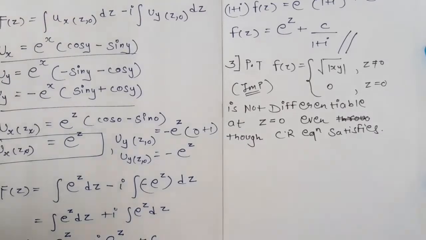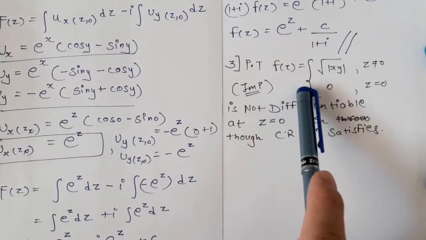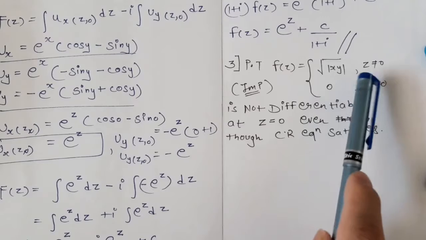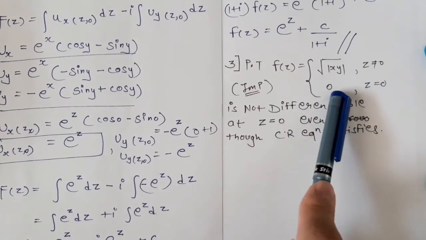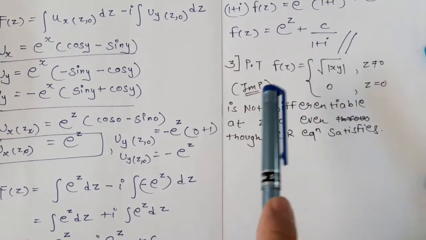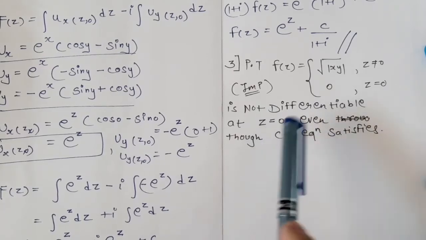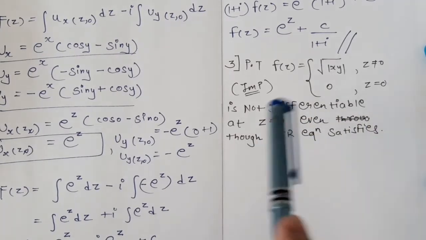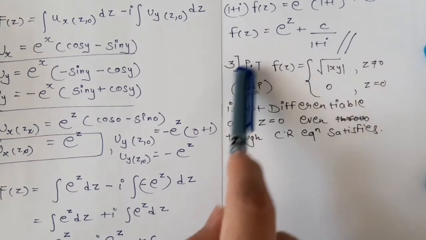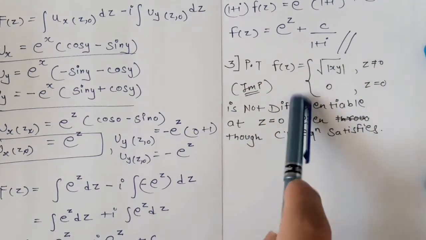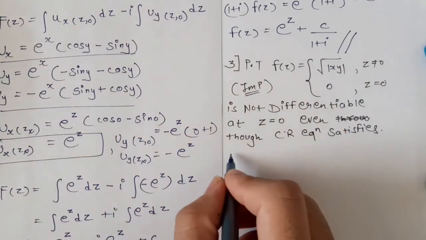Okay. So now the next numerical is: prove that f of z is equal to under root of mod xy when z is not equal to 0, and it is equal to 0 when z is equal to 0, is not differentiable at z equals 0 even though the CR equations are satisfied at z equals 0. Okay. So this is another important question. So observe it properly. So now the solution is